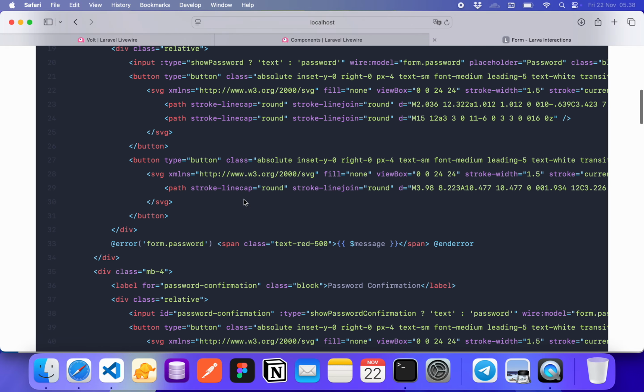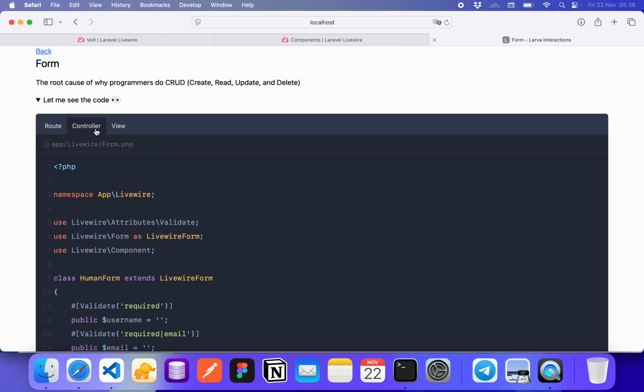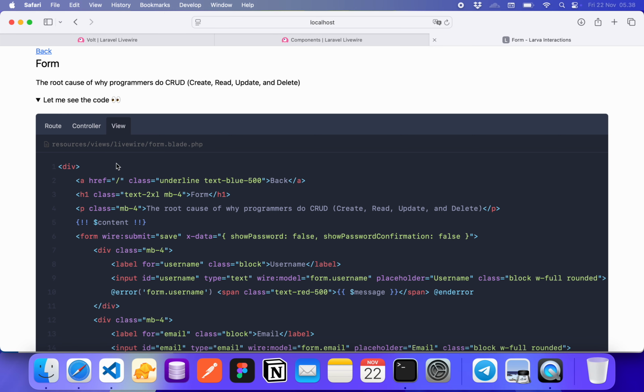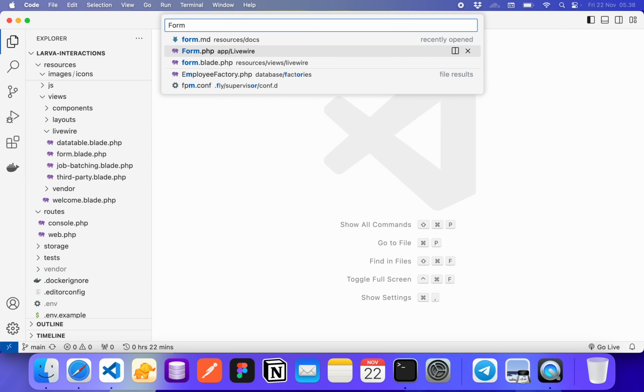Now, the problem I see here as the programmer is that I split my concerns into two files, one for the controller and one for the view. Let's see an example with the form.